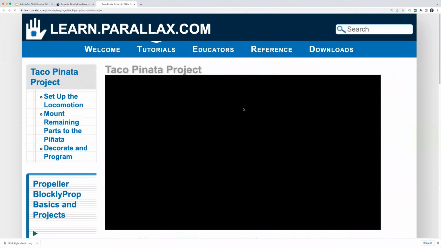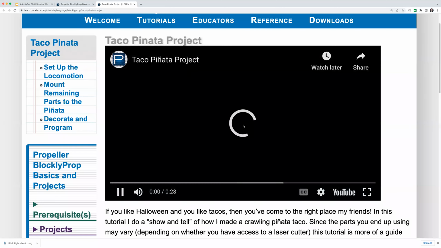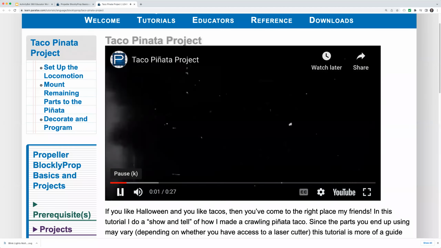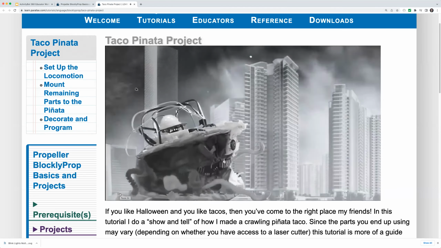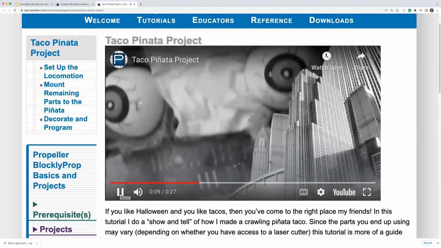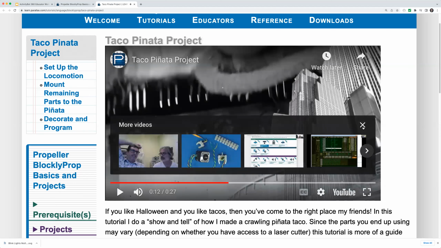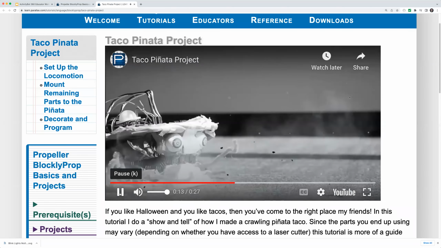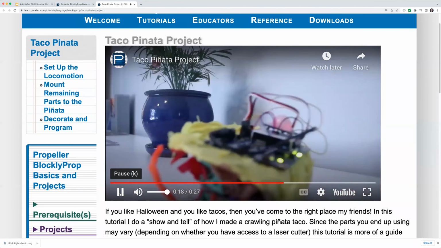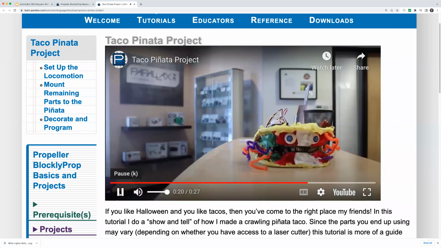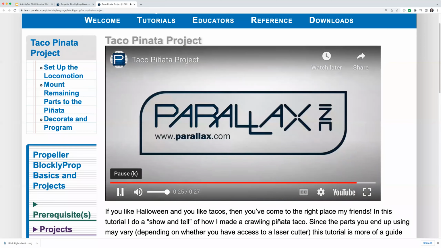Is this the one I'm thinking about? I hope so. Yes, this is my favorite guy right here for Halloween. The Taco Monster. So it's using the standard servo that makes the ping turret turn to make its little mouth open and shut. And this is placed over an ActivityBot with some crawler legs, which I don't know